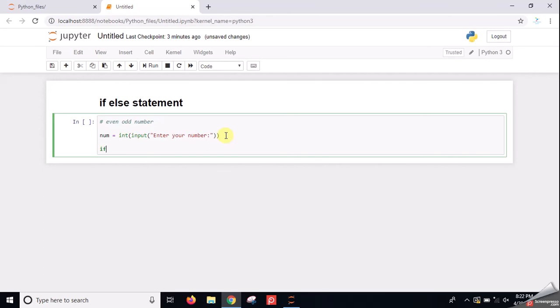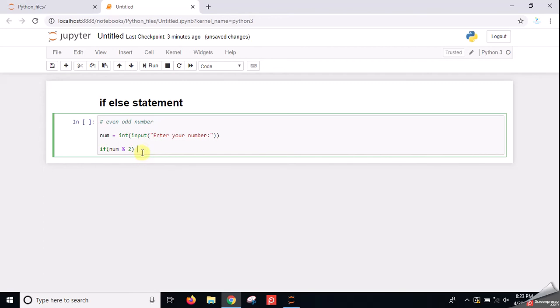I am using the if condition where I will find out whether the number is divisible by 2. And here I use the modulus operator, which is the % sign. The modulus operator is used for finding out the remainder of the division.